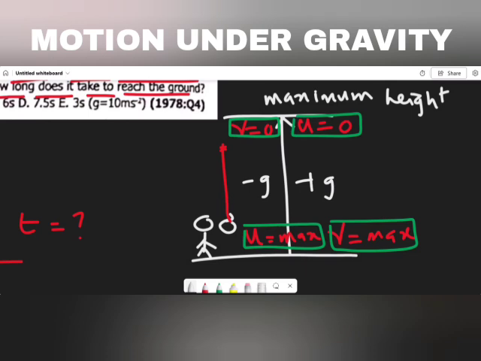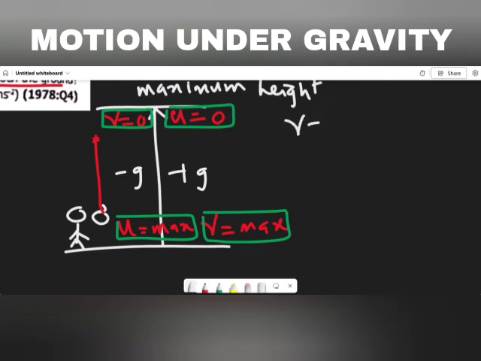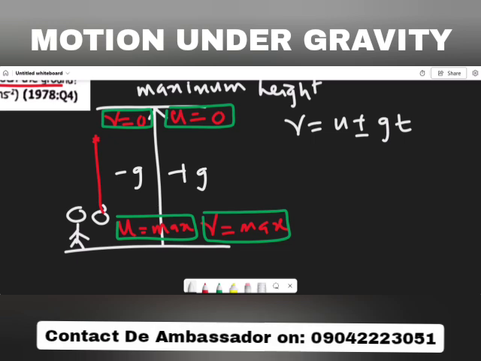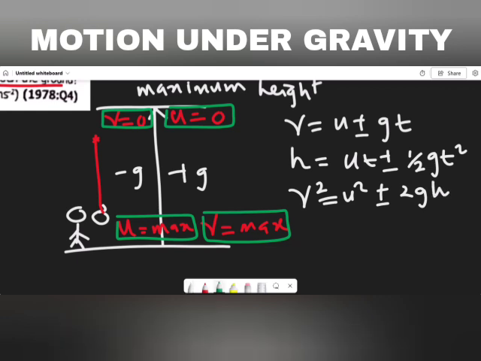Because of that, we can gain our formulas. The first formula says V equals U plus or minus gt. That's the first formula we have under motion under gravity. Another formula says h, not your F, h equals ut plus or minus one half gt squared. And the last one says v squared equals u squared plus or minus 2gh. Now have this in mind. Why do we have our plus or minus? The reason is because the value of g can be positive, or the value